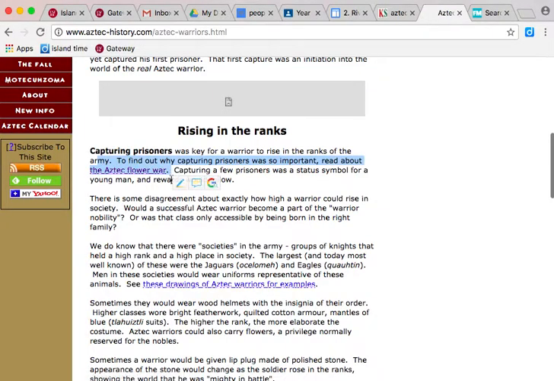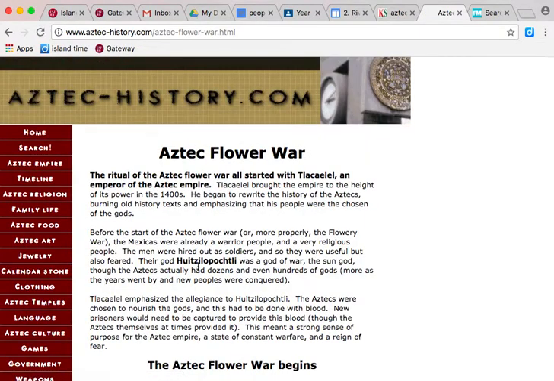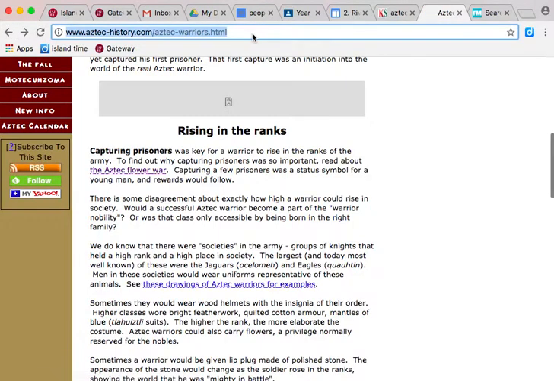So when I scan through, I can find out about the Aztec Flower War. So that sounds interesting. What on earth could a flower war be? So I'll start looking at Flower War by clicking on the link in this website. I'll find out what the flower war is. Now at this stage I might start thinking, well, I'm not sure if the flower war is actually true. So we'll go back to Google